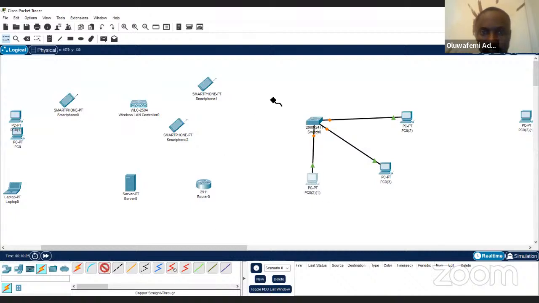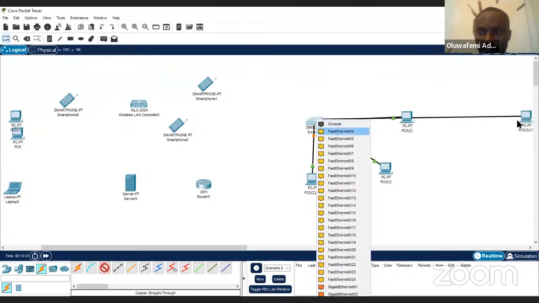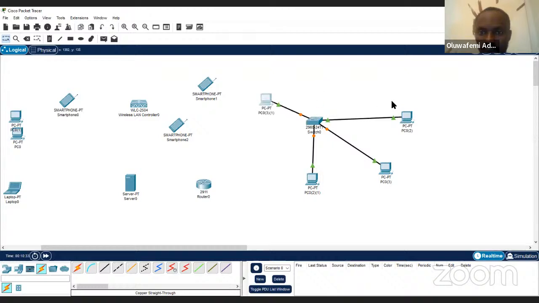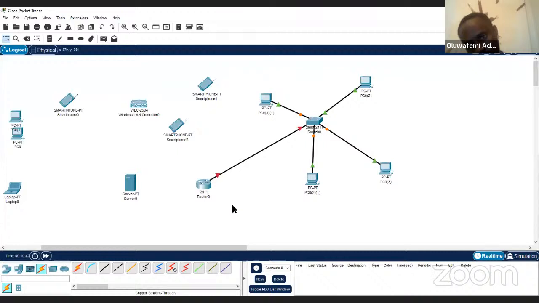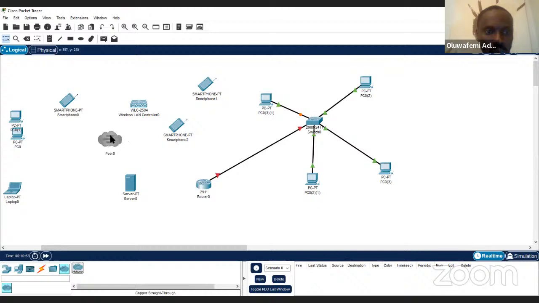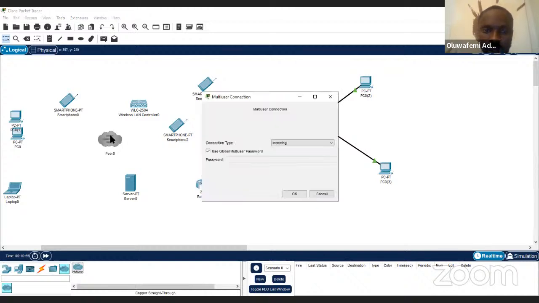From the fourth system to the fourth port. And I'm going to connect from the fifth port here to the router. Now, this router is supposed to take me to the internet. Do you understand?